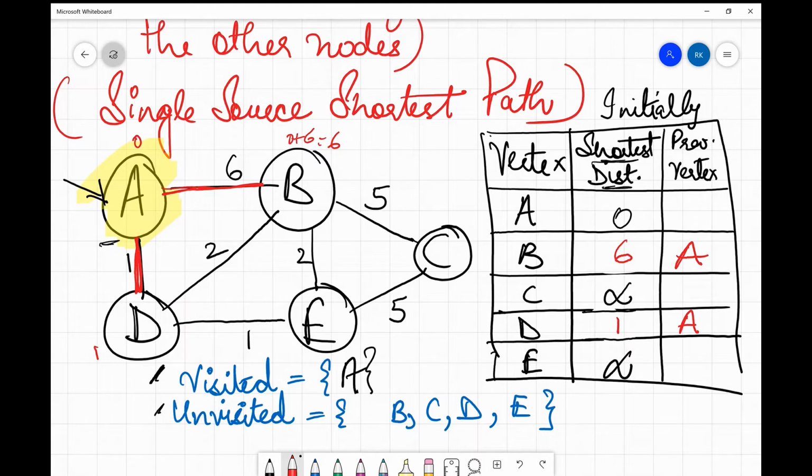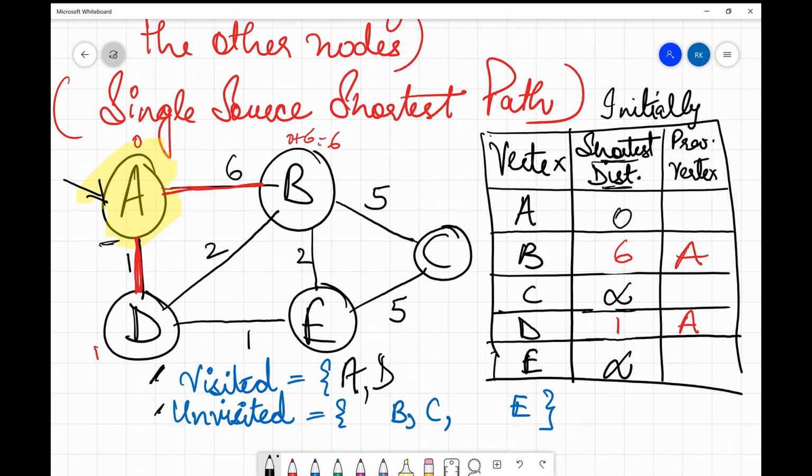We'll choose the node with the smallest shortest distance value. Among 1 and 6, 1 is smaller, so we'll process D next. I'll write D in the visited nodes and remove it from the unvisited list.